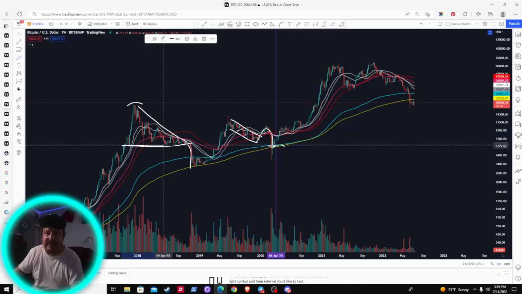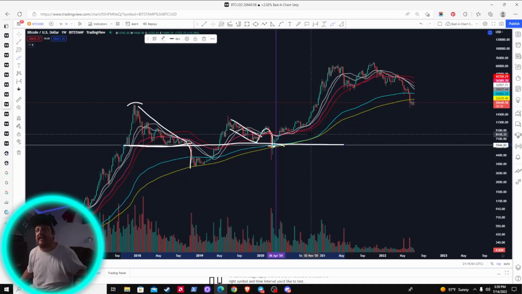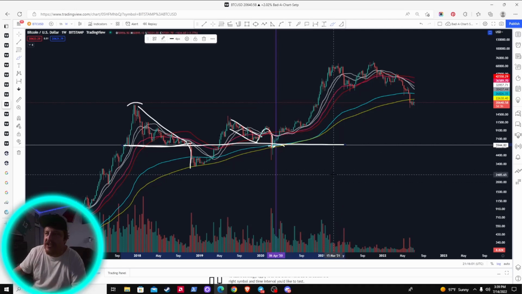So that level has a ton of confluence. It's a level I don't think any of us expect to ever visit again, and definitely a few years ago would have never expected to even think about visiting again. But I just wanted to mention that because, hey, if things were to get as ugly as they did in the previous recession, and we won't know that for several months to maybe even a year, then